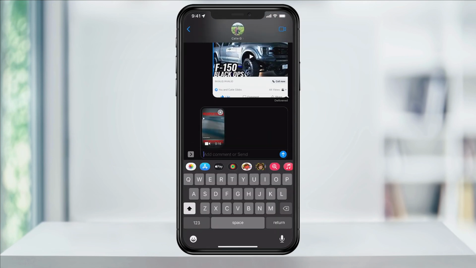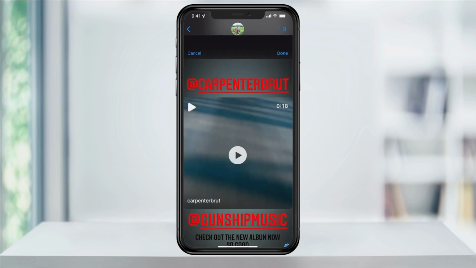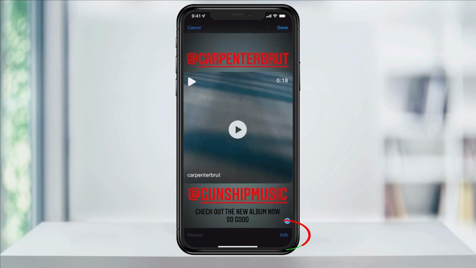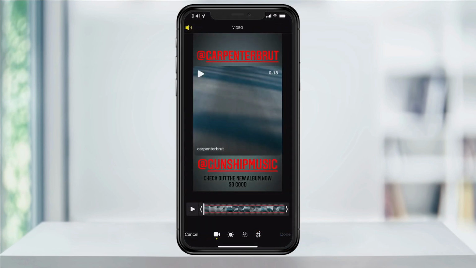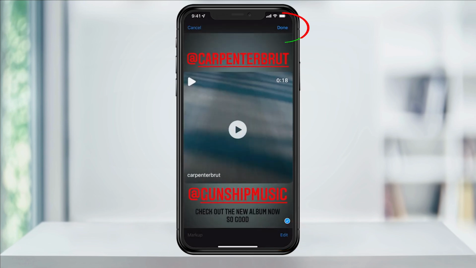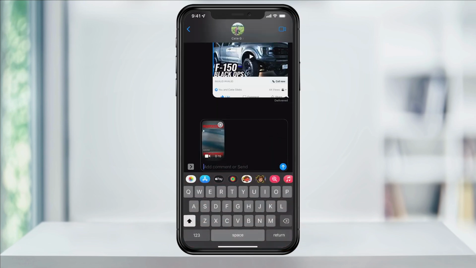Now before you send the video, tap it in the text box and then when it goes full screen, select Edit on the bottom right. Again, like before, tap the speaker icon on the top left to disable the audio and then hit Done on the bottom right. When you're finished with that, hit Done on the top right and then you can send the